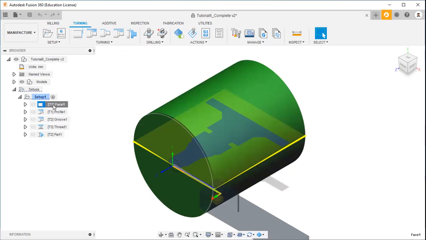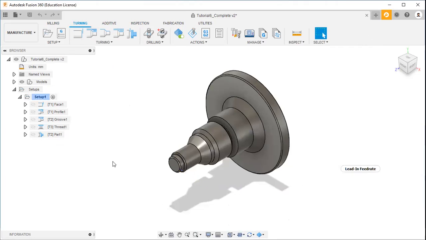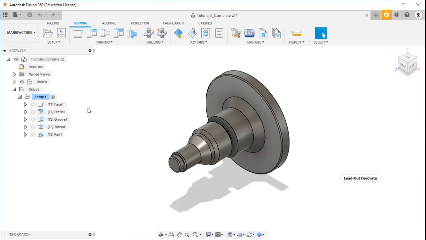Here you can see T1. T1 represents tool number 1. When you click this, here you can see phase 2. I will cancel this. When I click this turning phase, here you can see phase 3. In this way you can